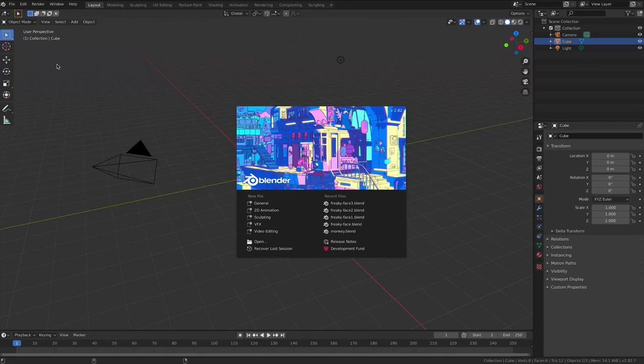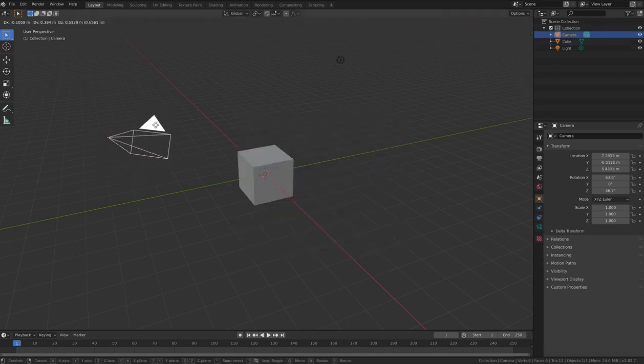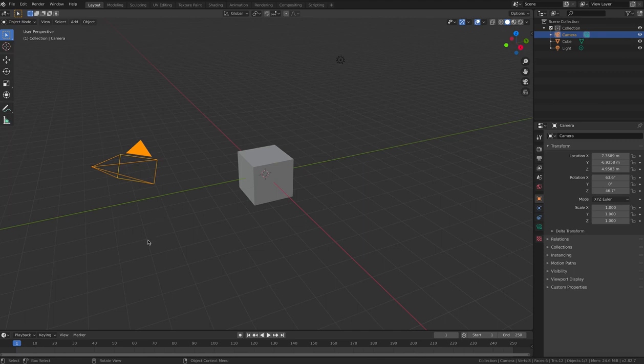Hello and welcome to the next tutorial, tutorial 11, in which we're going to look at the basics of animating objects and also the camera in Blender. The most important window for animation in Blender is the timeline, which you'll find at the bottom of the screen